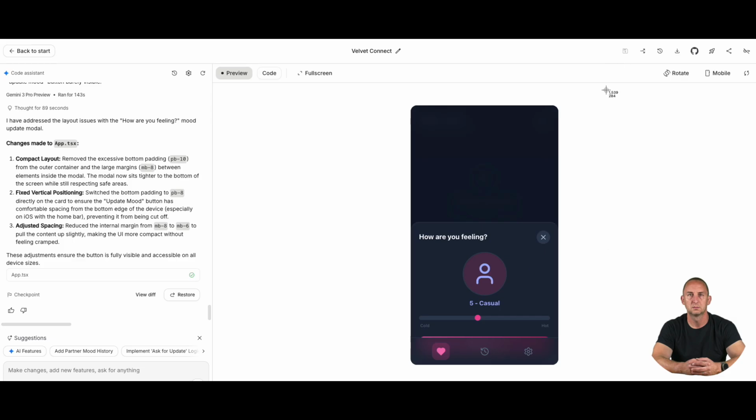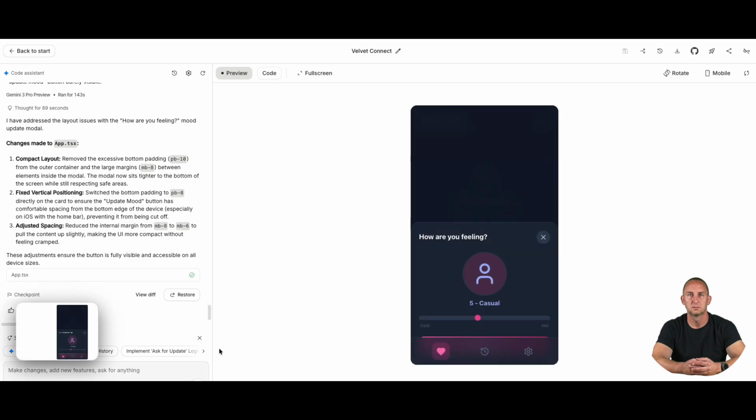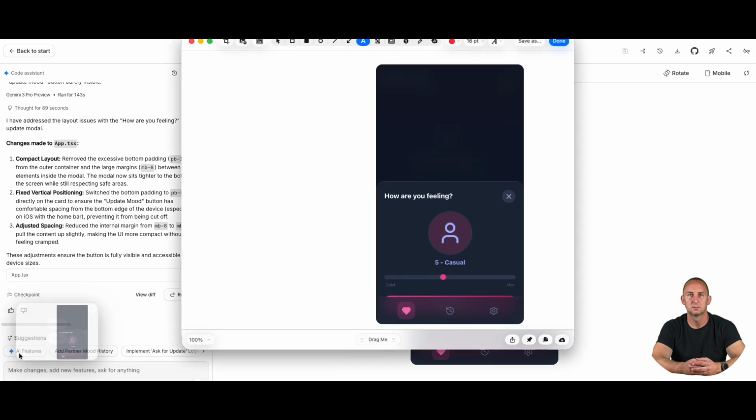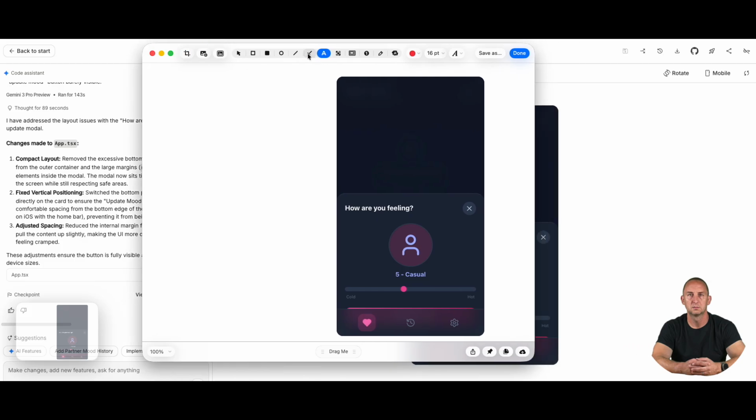So here's something cool I want to show you: a way that you can talk to Google AI Studio without just chatting. Sometimes a picture is worth 1,000 words, right? So you can open up a screenshot like this, and I use CleanShot on Mac. There are other screenshot applications out there, but I use CleanShot, and you can draw arrows and just say,